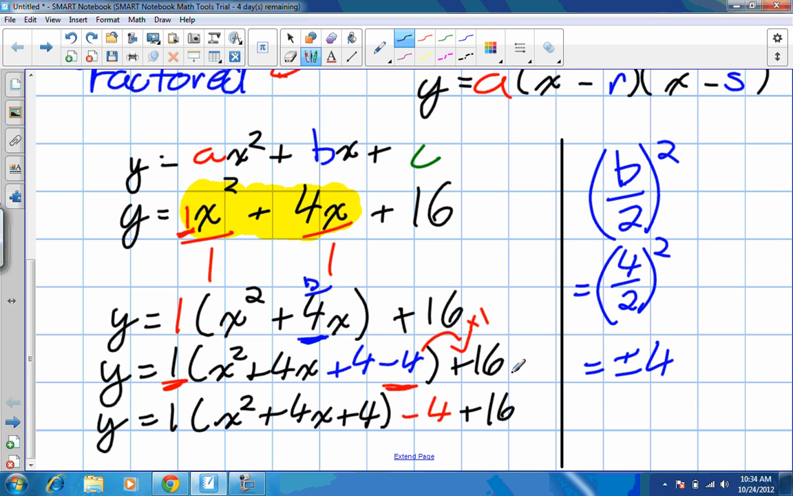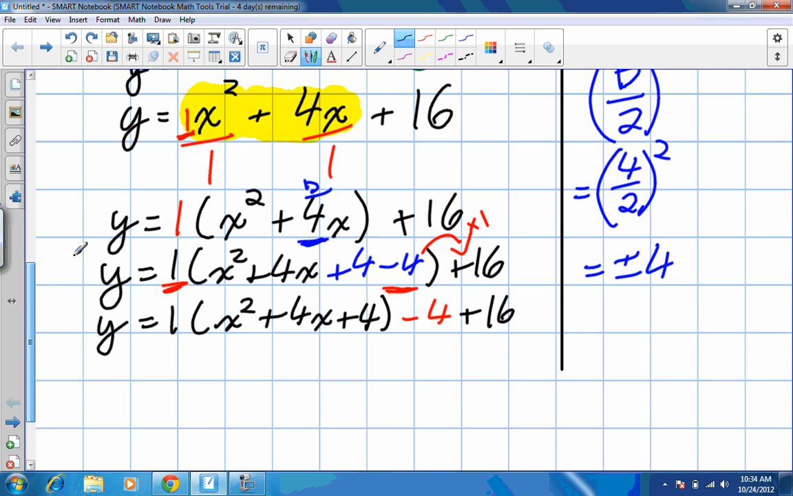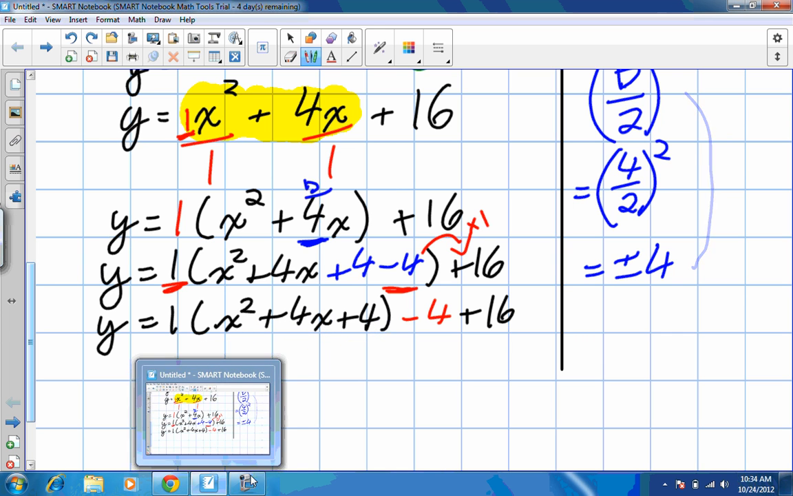Now, this is the important part. The reason we did all of this, what we've just done is created a perfect square trinomial. Okay? That's what this whole process is trying to do. We're creating a perfect square trinomial. And if you don't remember what that is, I'm going to show you how to factor this the long way, and then we're going to go back to a shortcut to this. So,